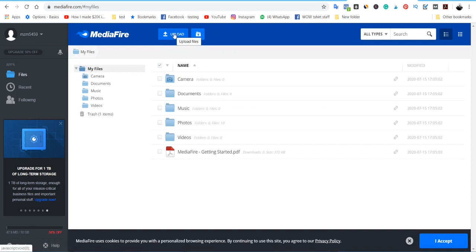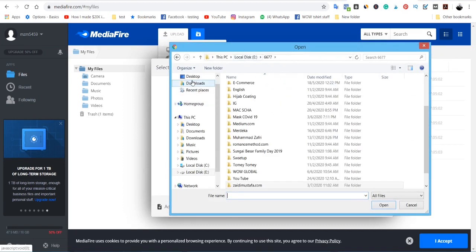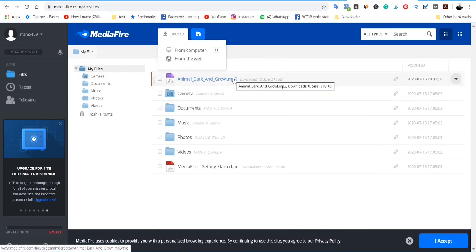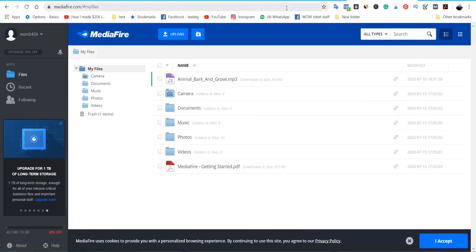So now I'm going to upload from my computer. So I'm going to click download. All right, so for example, animal bark. So you might want to upload the actual content, which is the one that you have rendered. Right, so this is just an example. I only upload the audio only. So this is my file. What you're going to do next is click on the arrow down here and copy link, and now head over